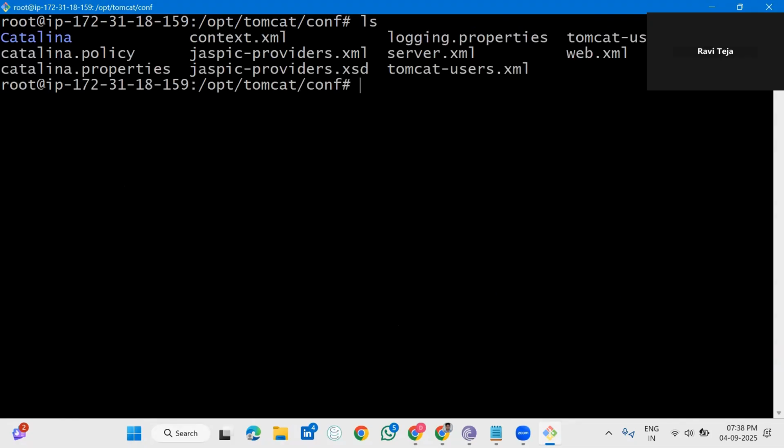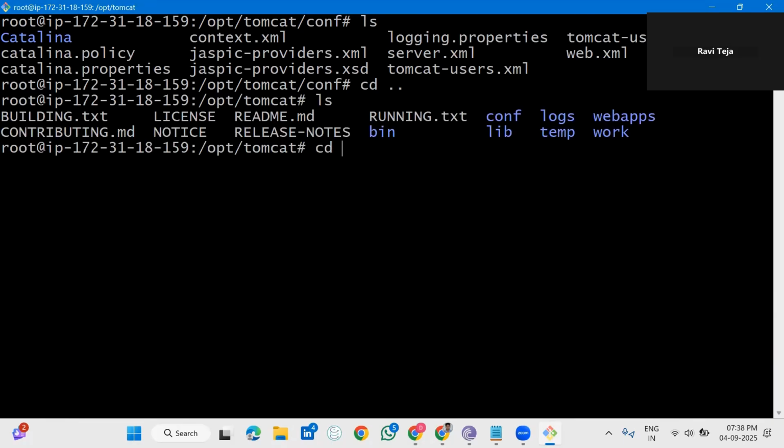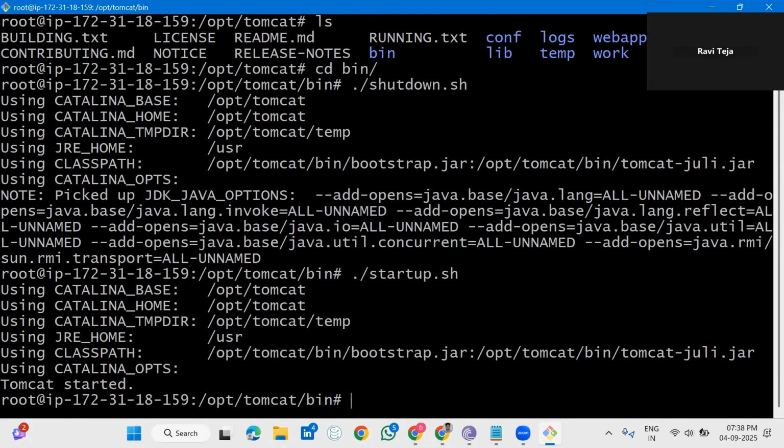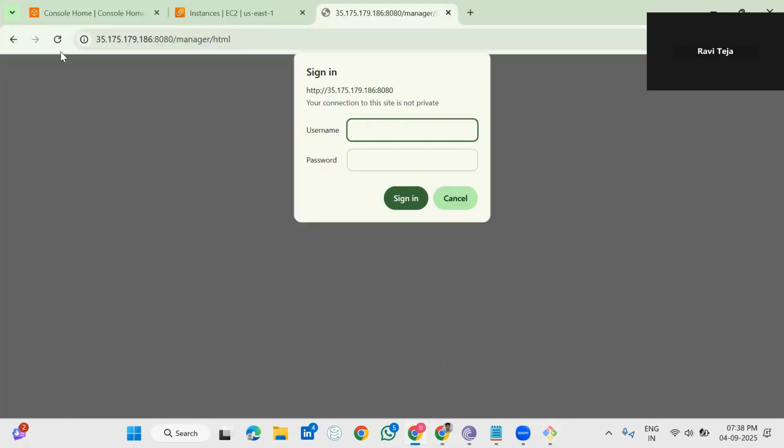ls, cd .., ls, cd bin. So again, I am going to shutdown and start up the Tomcat server, ./startup.sh. Okay, the Tomcat has been started. Now you have some credentials, right? So you can log in with this. Do refresh. Username I given